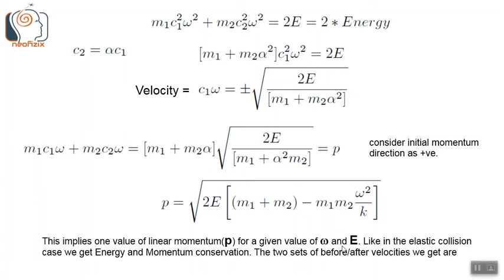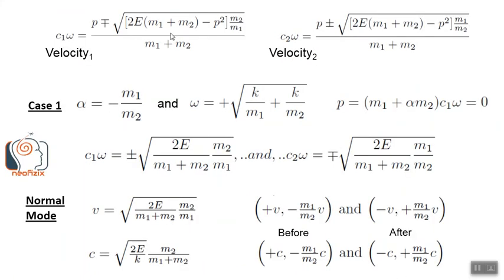Like in the elastic collision case, we get energy and momentum conservation. So this is the same as the elastic collision case where energy and momentum are conserved. The two sets of before and after velocities we get are this velocity 1 and velocity 2 values. The velocity 1 is the velocity of the first mass